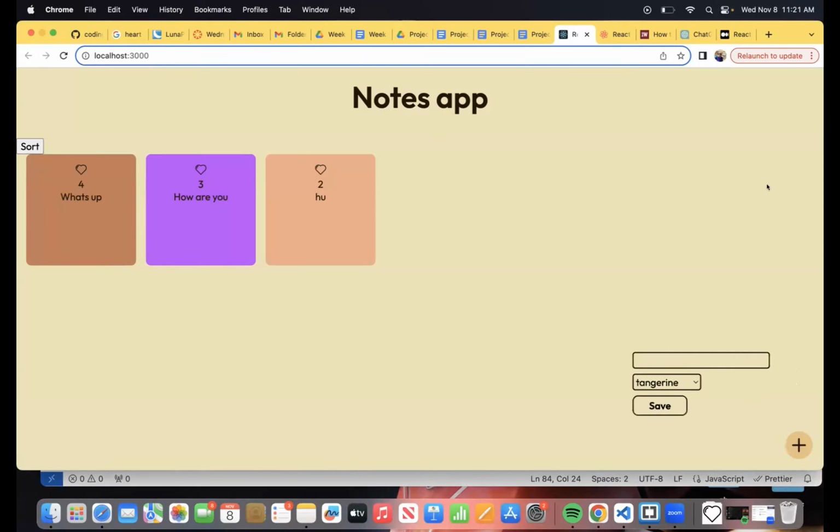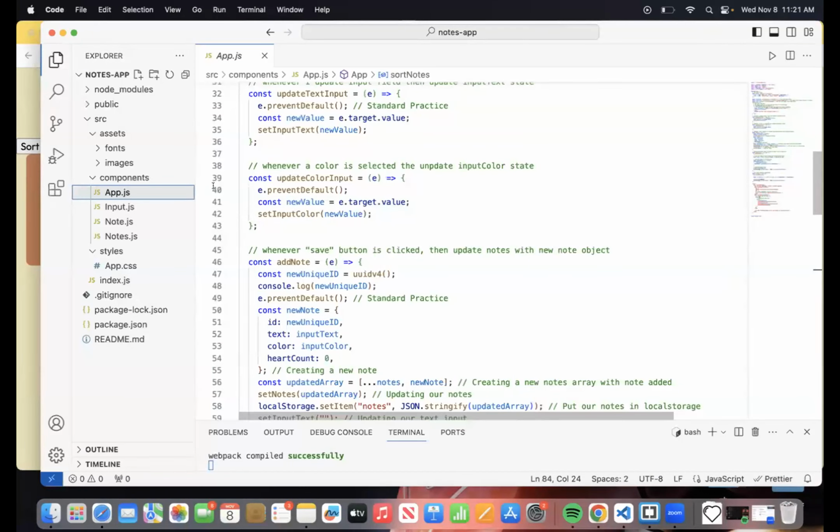Actually, no. In order to search, we need fields to search with. So the first thing that I'm going to do is change the form a little and add a title and author to it so that we have a more detailed note when it's getting uploaded, okay? So let's get to that.